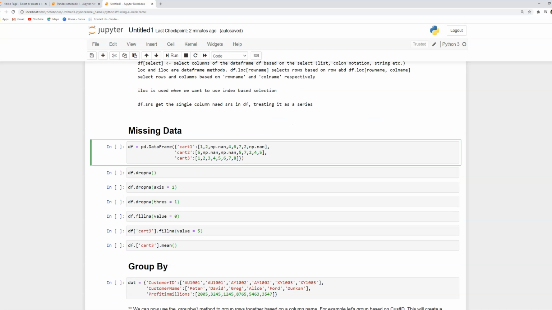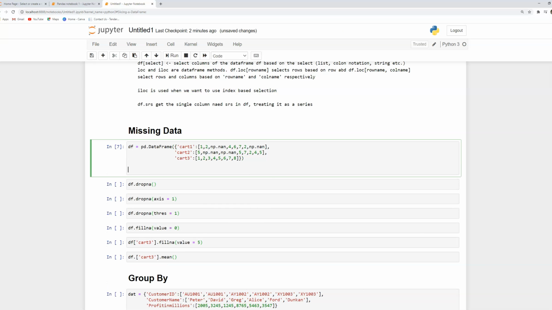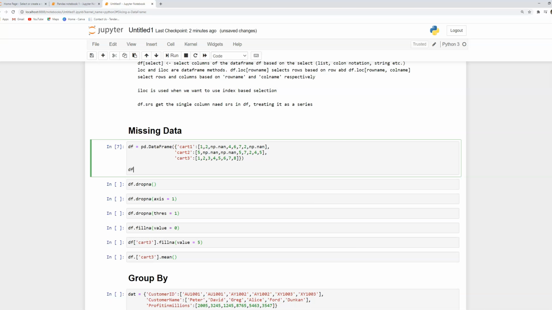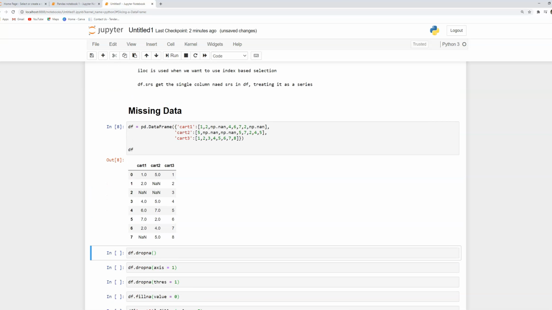It is very important to find missing data in the data sets or in the data frame that you have uploaded. For that, I have simply created a new data set called df. If you are interested in looking at what is in the df, you can simply write print(df) or just df, and you can see there are three different columns: cart1, cart2, cart3, with numbers inside those columns, and the row indexes are 0 to 7.